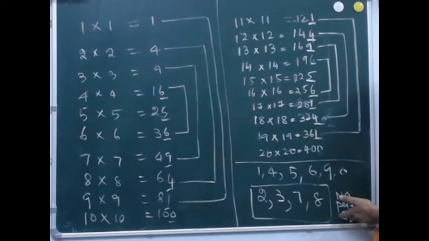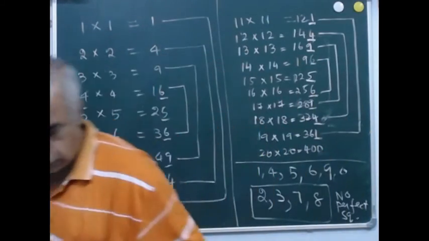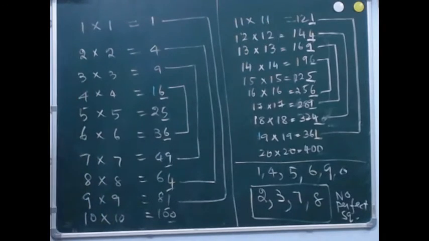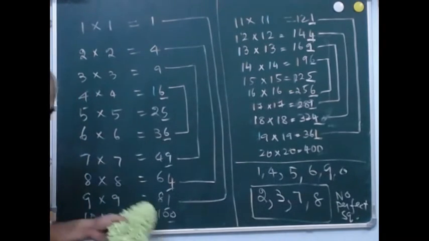For example, when you have got 81, there is a chance. 82 means you need not work it out. It means it will definitely not give a perfect square root. Correct? Right. So please note this down. Now, let us go by the division method. How to find the square root by the division method. Have you noted it down?